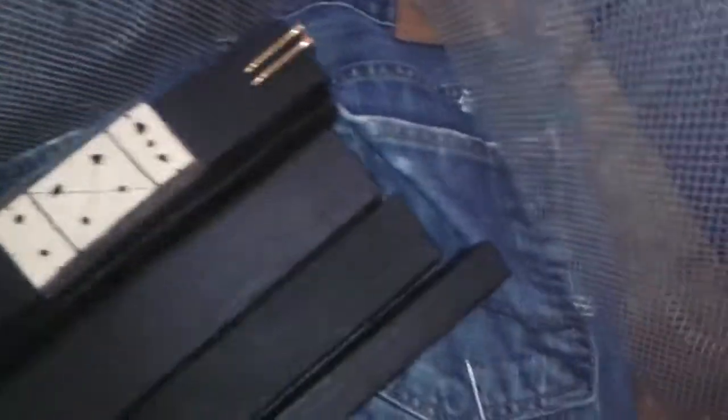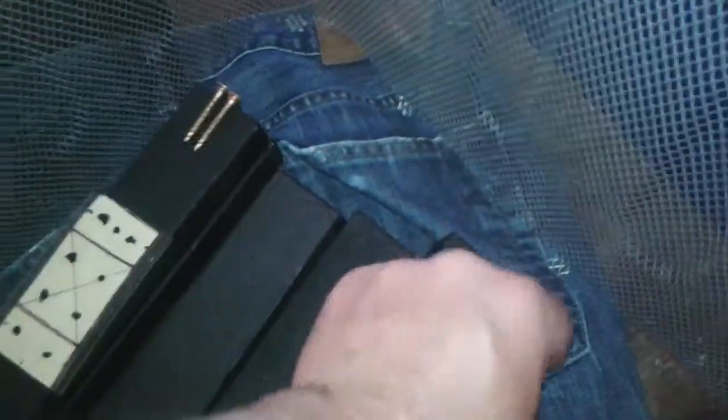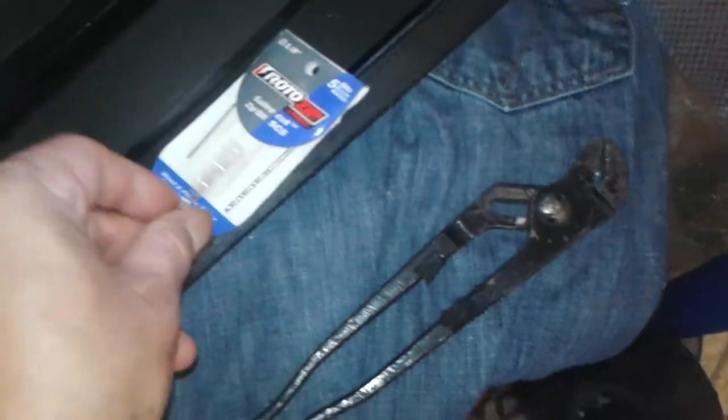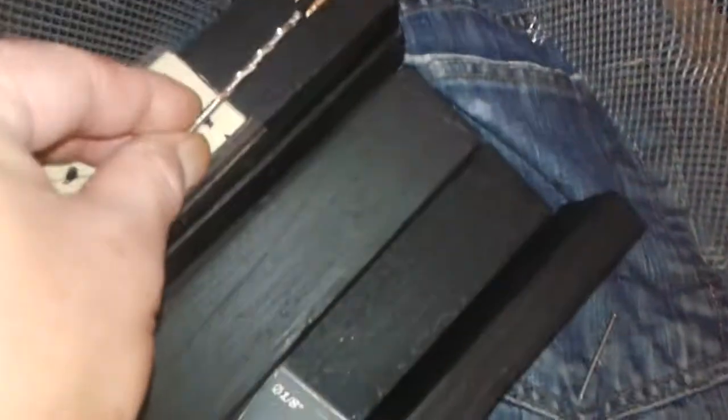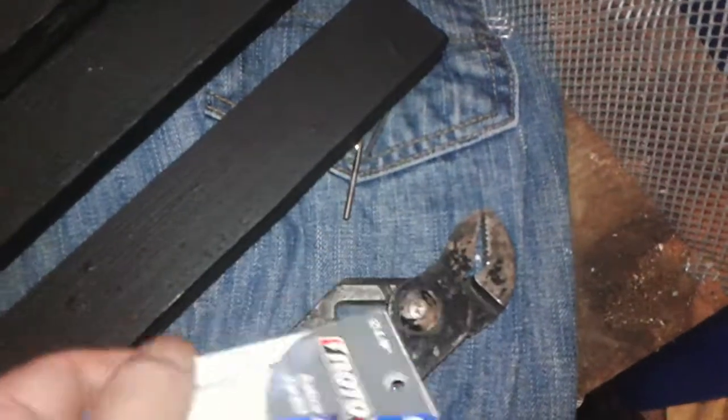And then a lot of people would actually use wood glue and nails. I'm not sure. Right now I can use wood glue or the liquid nail stuff. Might have to go with the smaller nail or drill bit, because these two are pretty much the same size, but it's going to be like half the width of that screw, and then you know how screws can kind of mess up. And this thinner one, I already broke one, so I just have to find a convenient place to build it